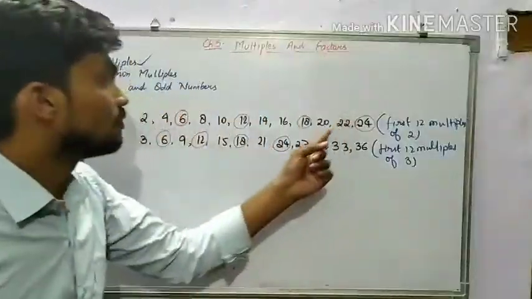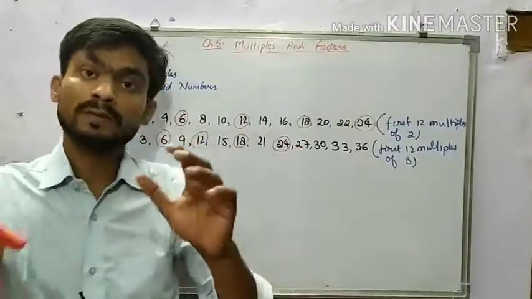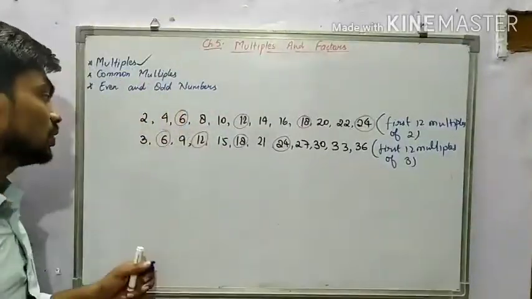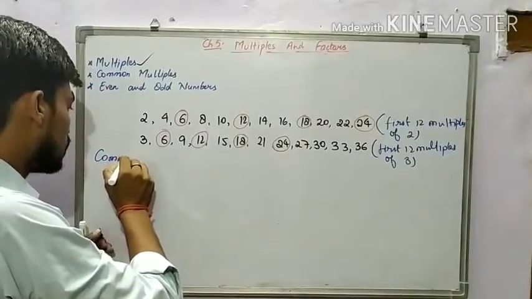So these are a few multiples of 2 and 3 which are common in both. But the word I said is "common". So that will be telling us common multiples. So if I ask what are the common multiples